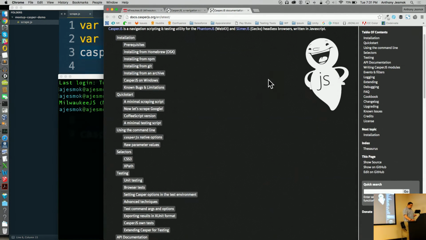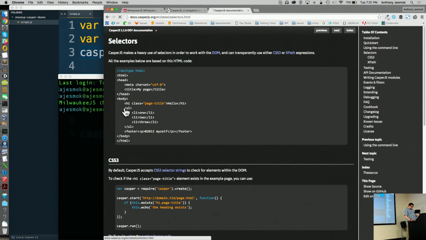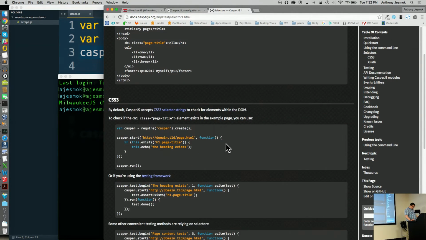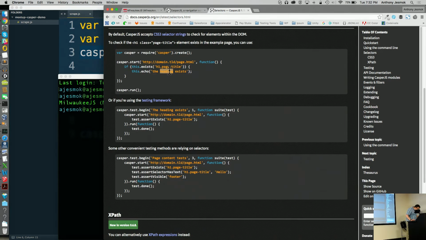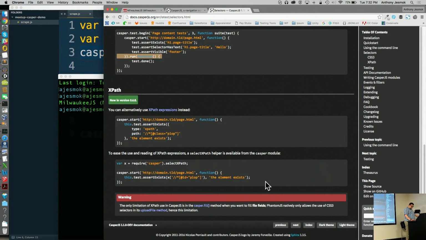What I'm going to do next is go into the documentation to see what else we can do. Let's see here. So selectors. We can do DOM selectors. We can do XPath selections.